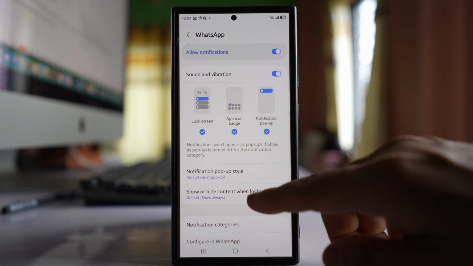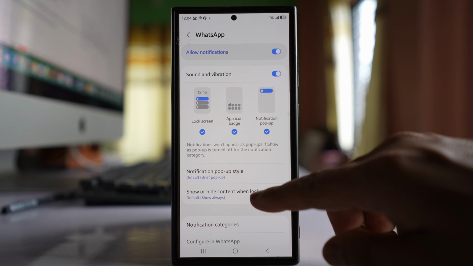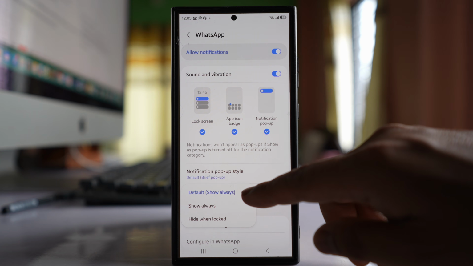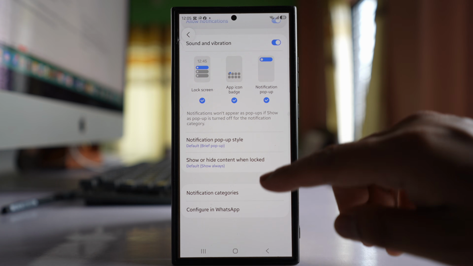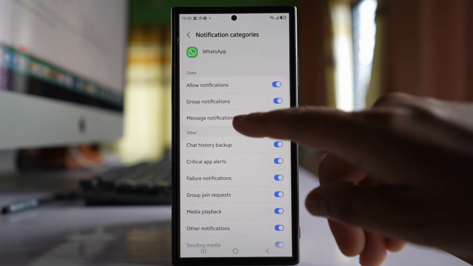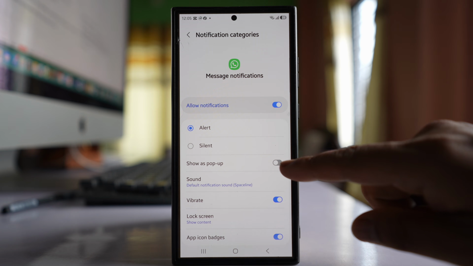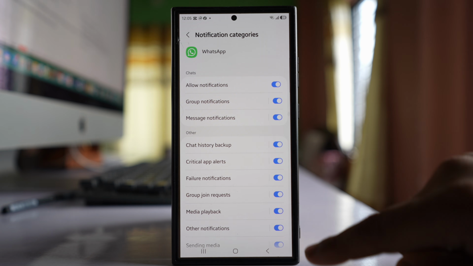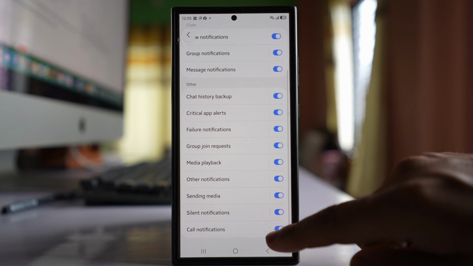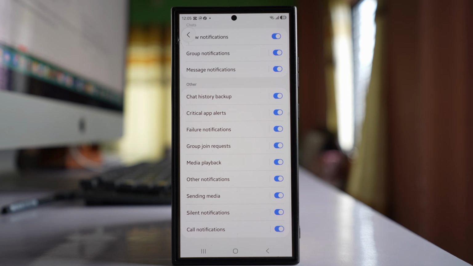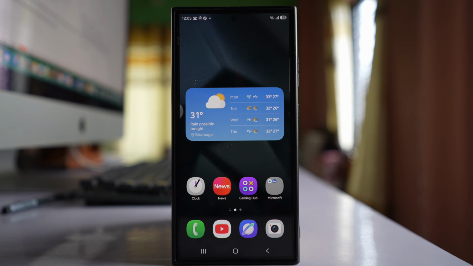The other thing is select this option, show or hide content when locked, and make sure it is default. Go to notification categories, go to message notifications, make sure that you have enabled this option, show as pop-up. Go back, and here there is an option called notification. Enable this option also. After this, we will again go to settings,